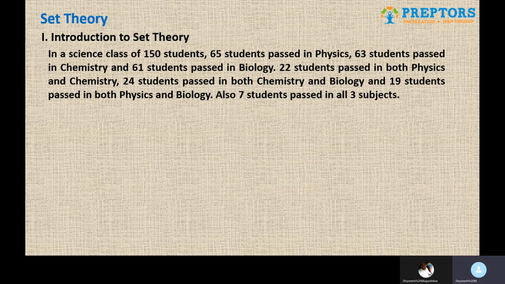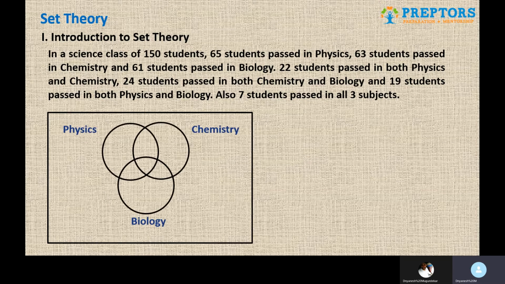Now obviously three Venn diagrams, meaning three circles for the three subjects that they are talking about, which is physics, biology and chemistry, something of this sort. Now very important, the total is 150. Then immediately after that they are saying 65 passed in physics. Now this is where it becomes interesting. You have to realize that they are not mentioning only physics or something of that sort. They are saying 65 passed in physics, which is a generic representation.